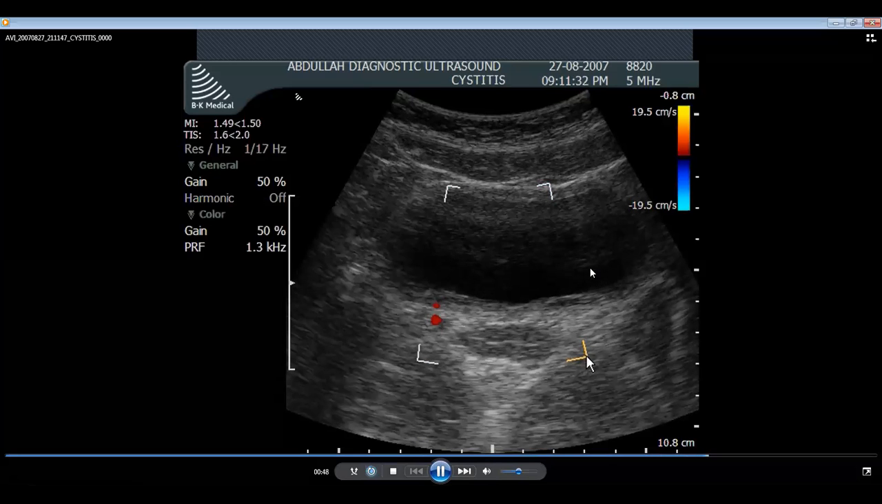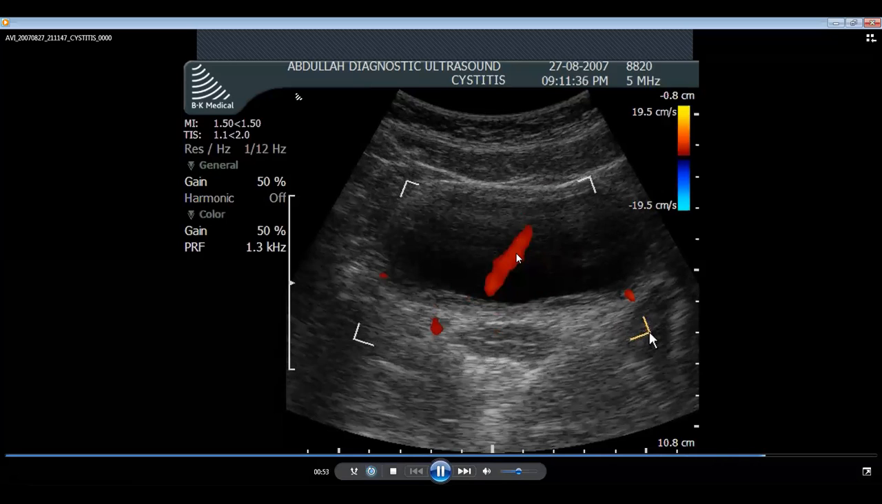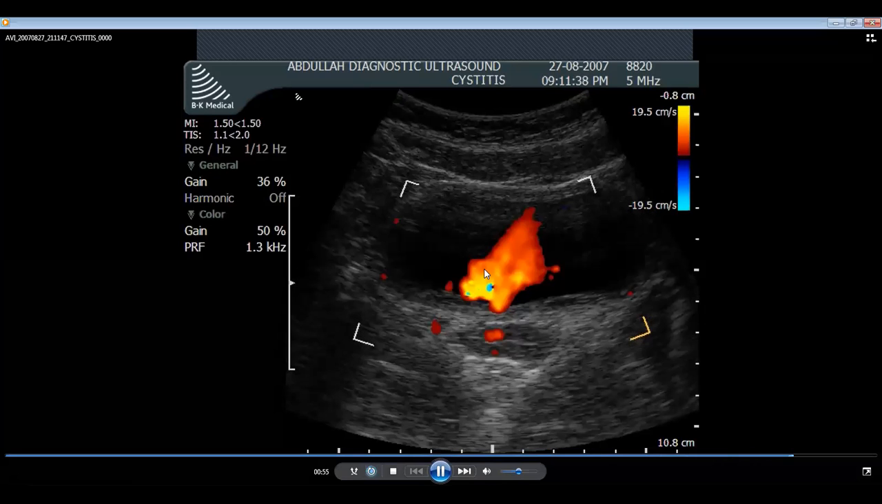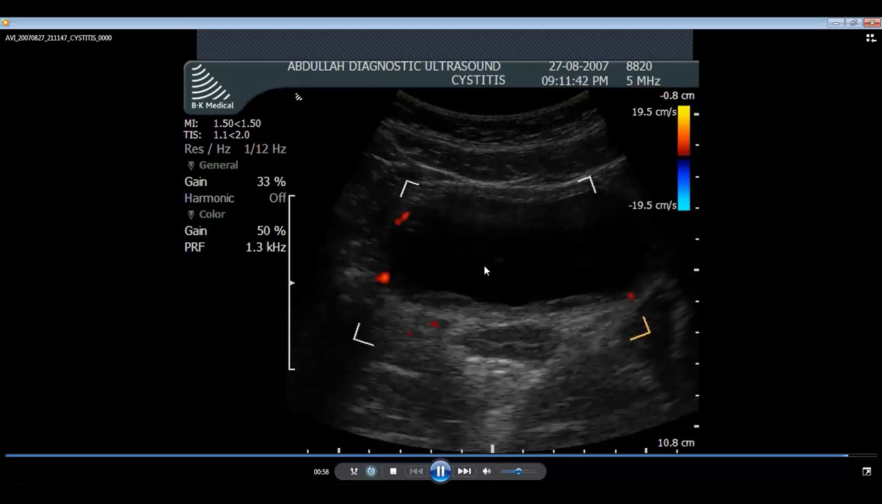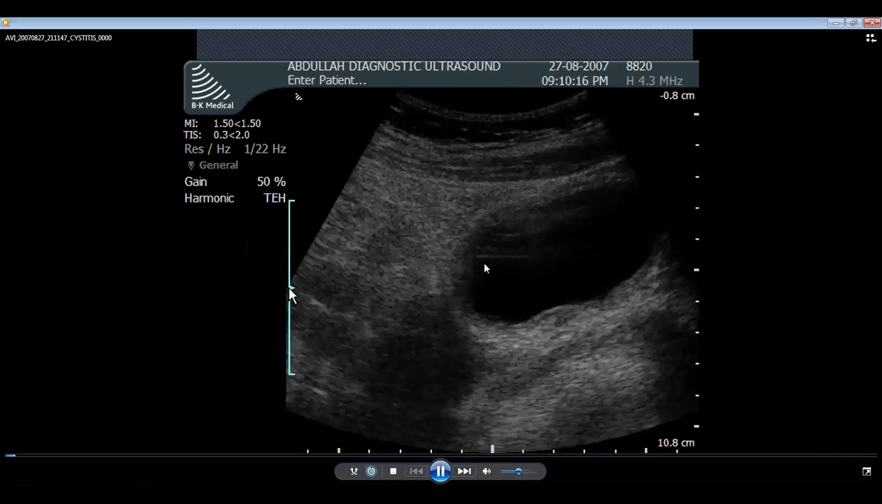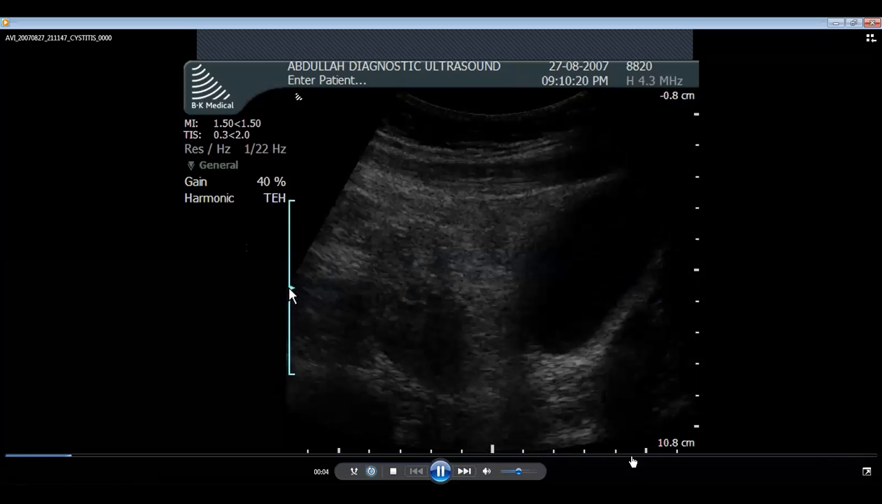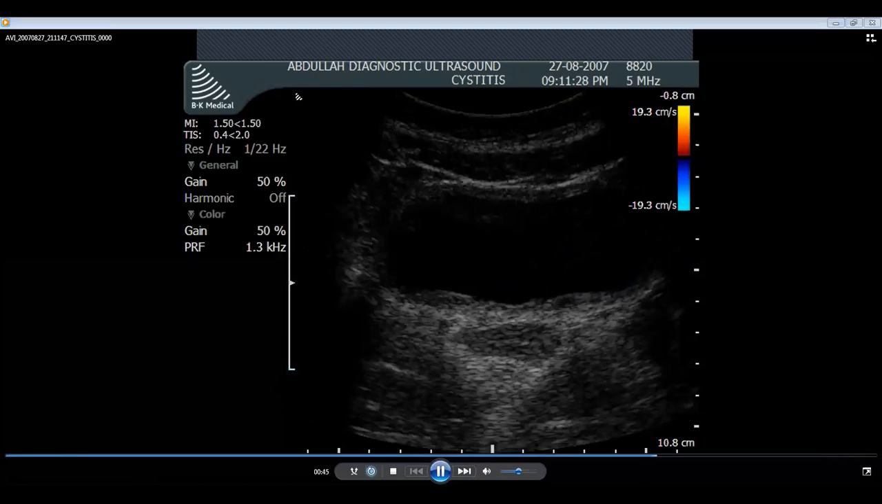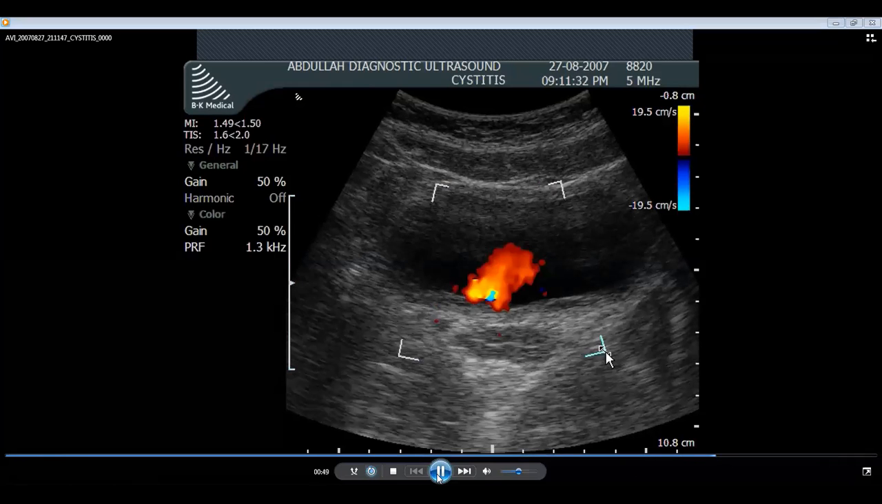So when I put color, I can see, oh, the gush of urine coming out from the right ureter. This is how we can appreciate the ureter producing a gush of urine out from the distal ureteric end. This is it,